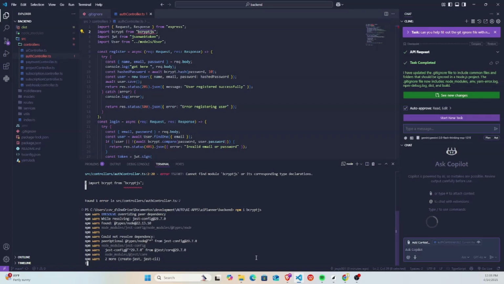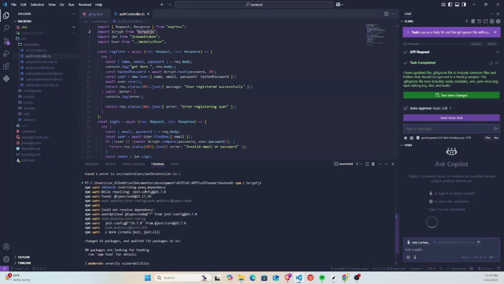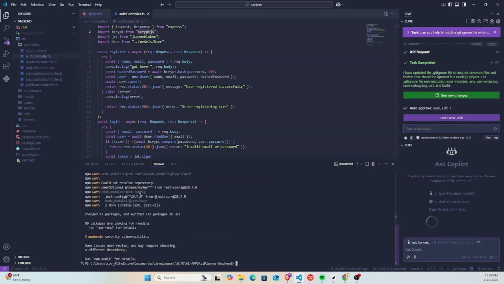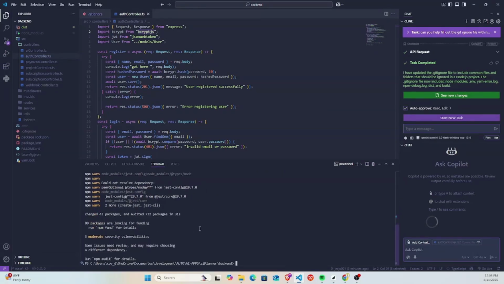So you can see most of the time, npm can be a little bit problematic managing dependencies. In case you're having a lot of errors, a lot of warnings, switch to Yarn. Yarn is a better option in managing dependencies compared to npm. So now after you've done that,